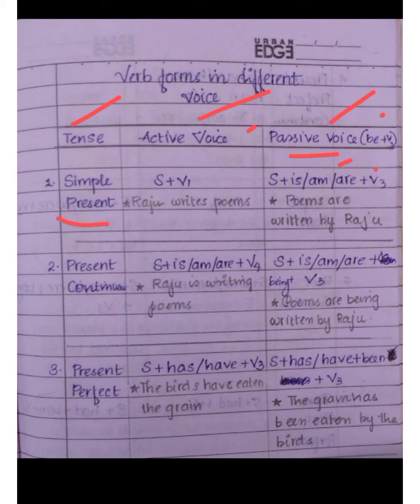So for example, Raju writes poems. Passive voice will become like poems are written by Raju. The third form of the verb write is written. Okay. Then if the sentence is in present continuous tense, that means if the active voice is in the form